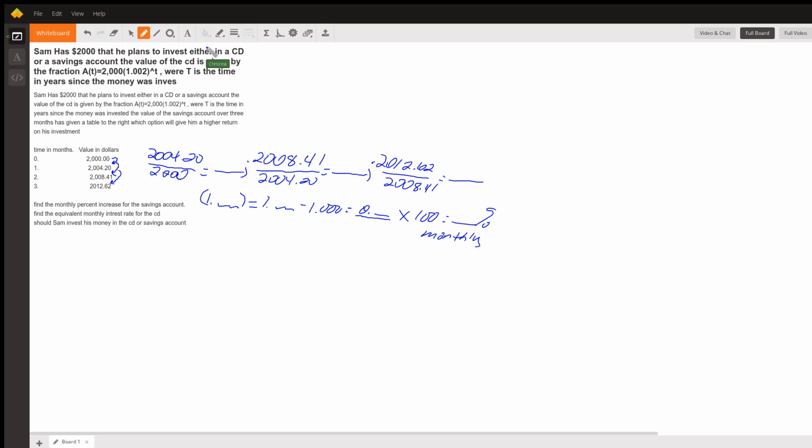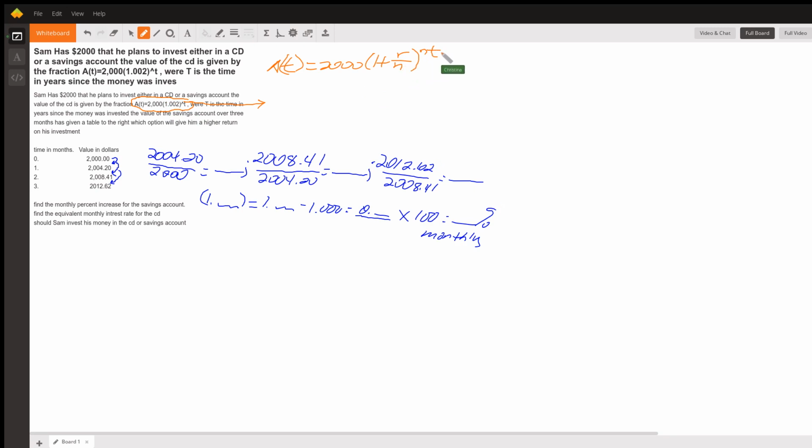Now, for the CD, we're going to take this function here. Remember, this is annual. It says time in years. So when we're looking at something like monthly or quarterly, we like to use this formula where R over N, R is the rate we're given, N is the number of calculations in a year. In this case, we're looking at monthly, so it's going to be 12. And then we have NT. This is the usual function. So they've already kind of done this because this is annual,